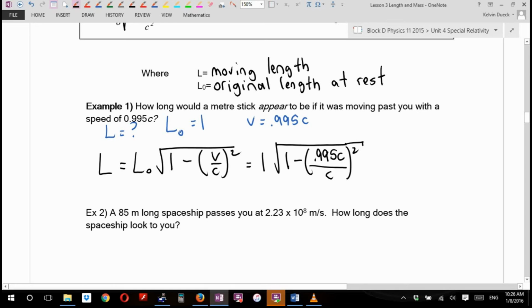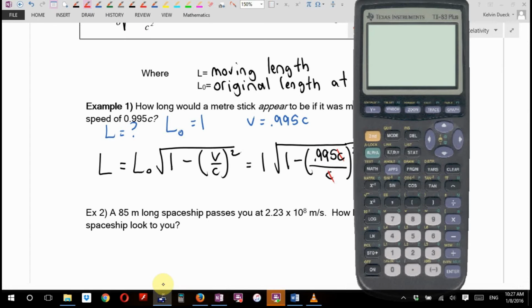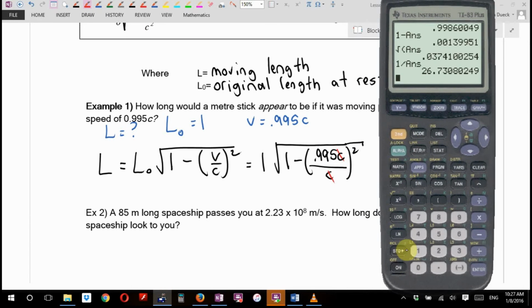Rebecca, this time am I going to need to type in the 3 times 10 to the 8th in the bottom, or is there c on the top and the c's cancel? Oh, that's kind of cool. In fact, you know what? I think it's just going to be inside the square root 1 minus 0.995 squared. Square root. And then it's times 1. Will multiplying that by 1 change the answer at all? So you know what? A meter stick would look to you like it was,